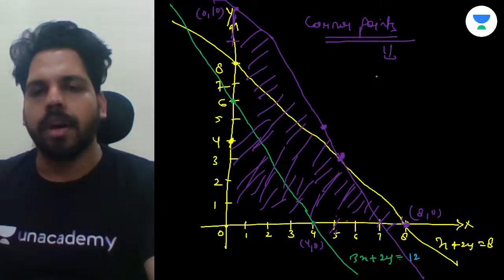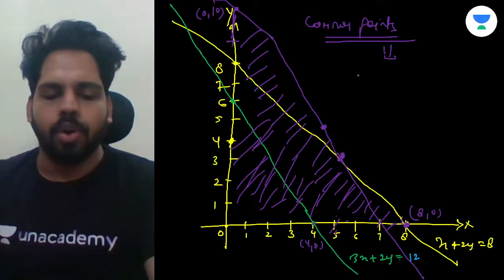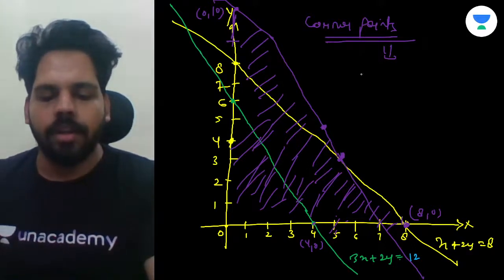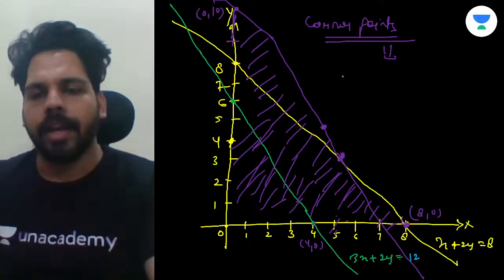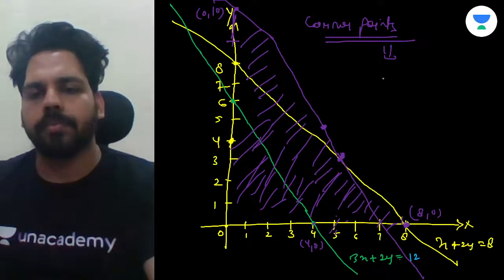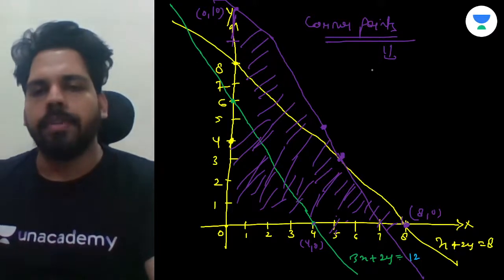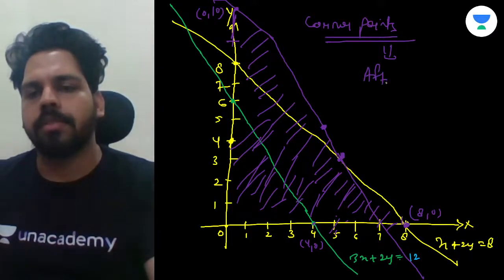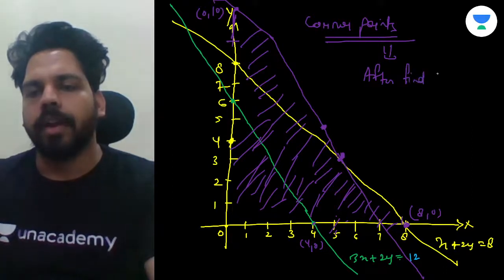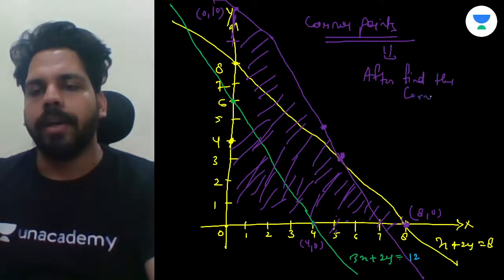So let's first of all take out the corner points, right? So corner points will be like this only. So the best value we are getting is x equals 2 comma 3, right? Here also the point is coming as 2 comma 3. Okay, so after finding the corner points,